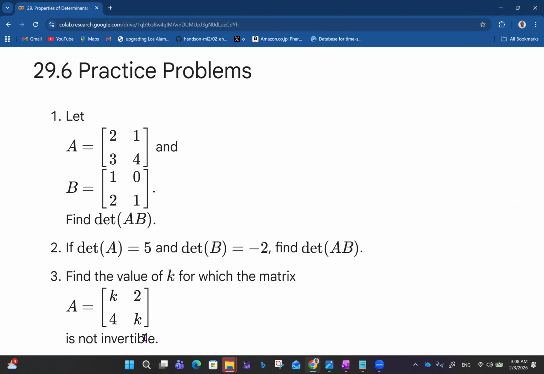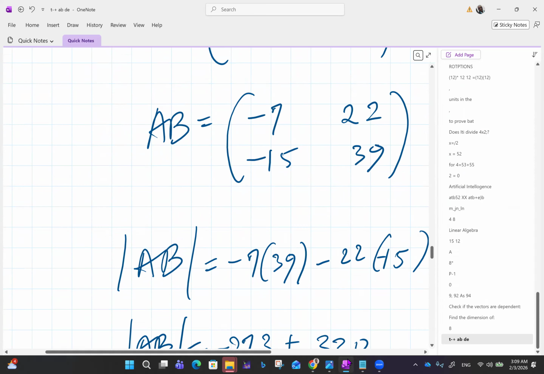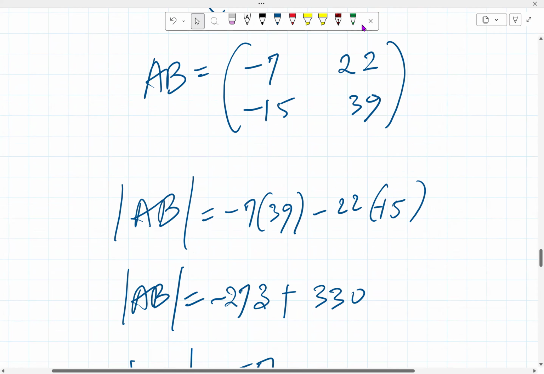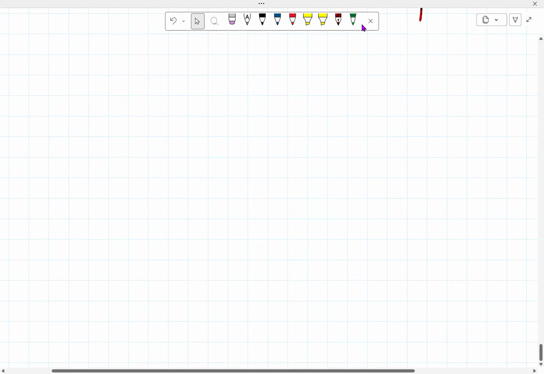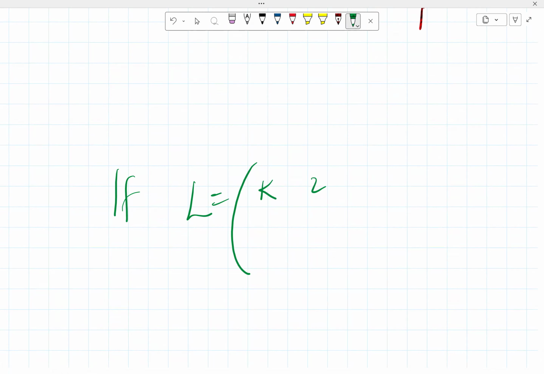Find the value of K for which the matrix A is not invertible. So for this to be not invertible, it means that you have K squared minus 8 equals 0. Okay? So K squared minus 8 equals 0. To find the value of K for which this matrix is not invertible, A is K, 2, 4, K. Let me call it something else. L is K, 2, 4, K. If L is not invertible,